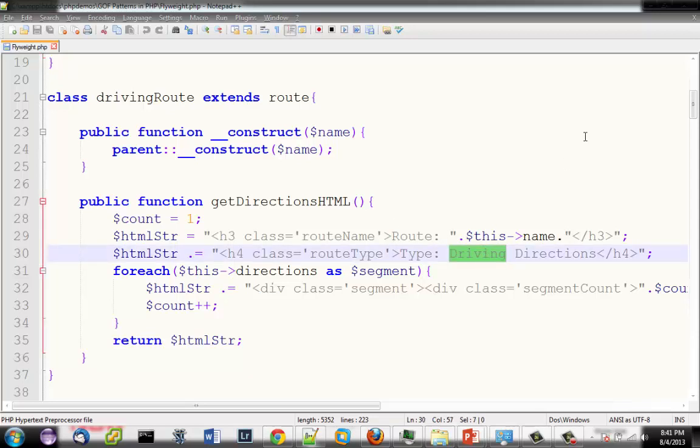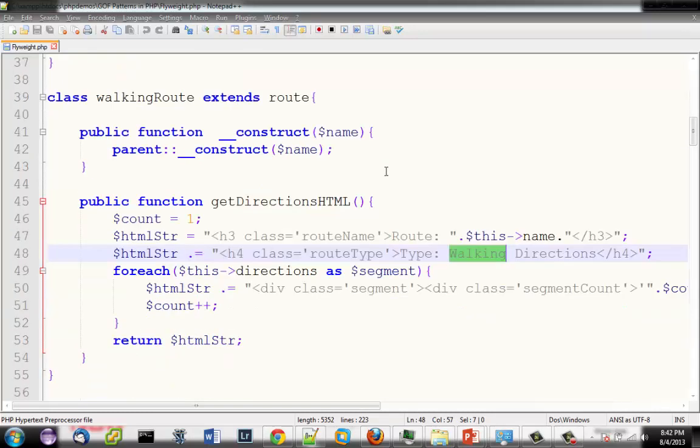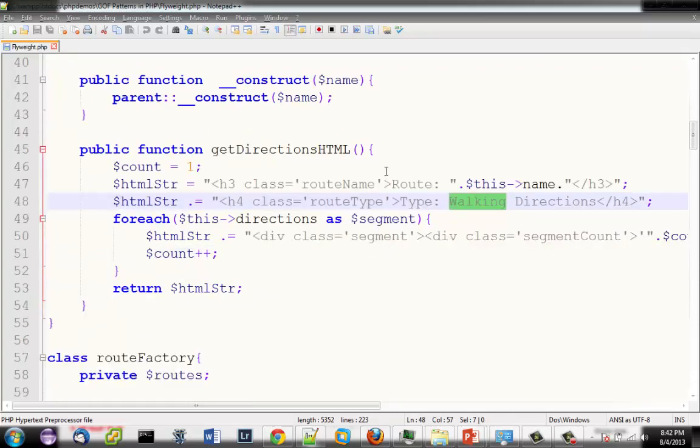So this is kind of a trivial difference between my two concrete classes, driving directions and walking directions below, but it illustrates how you could have two different concrete classes using the same abstract class up here. And in this one I'm doing the same thing. The only difference is I'm declaring walking directions down here. That's so that I can have two different objects that are returned by my factory.